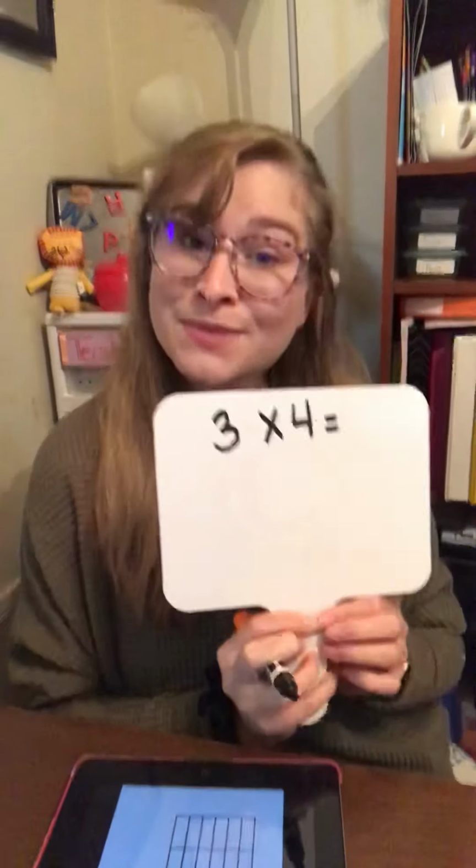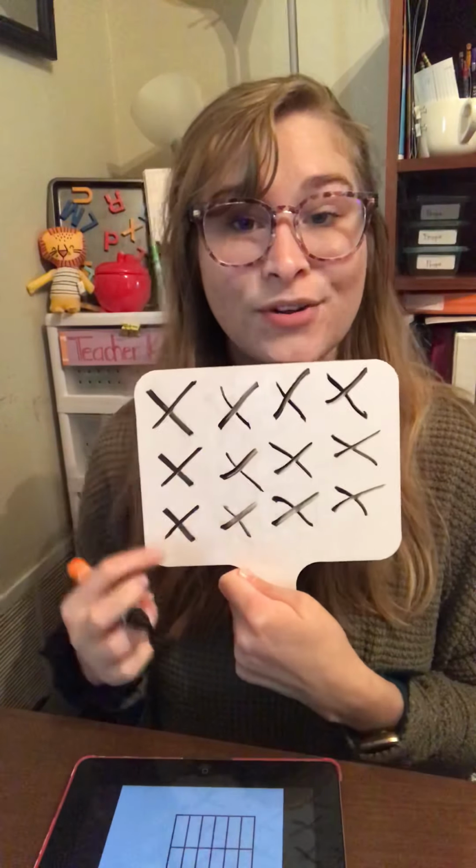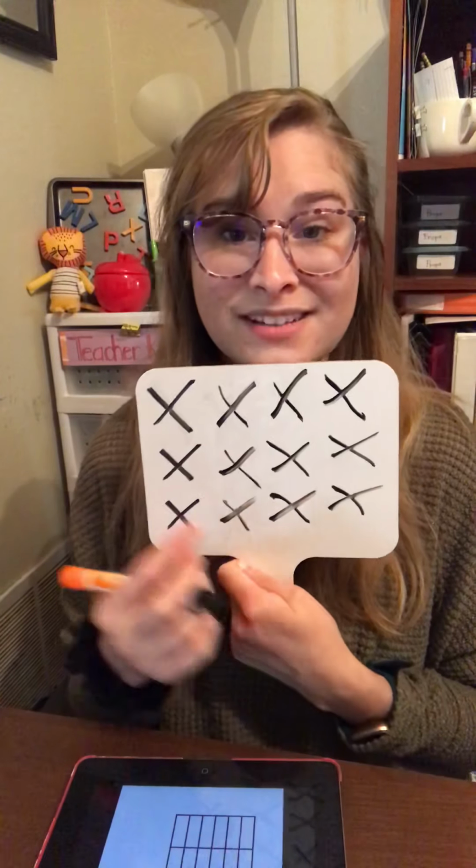So we've got multiple ways of showing 3 times 4. And that was just an array. So we've got our rows of the same amount. And for the we do portion of this task, I would have the students pick a multiplication fact that they are familiar with, probably in the 3s, 4s, or 5s, and then have them either pick an array or an area model to show that. So I would work individually with those students to see how they're doing